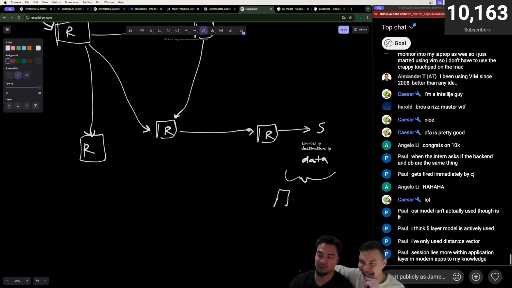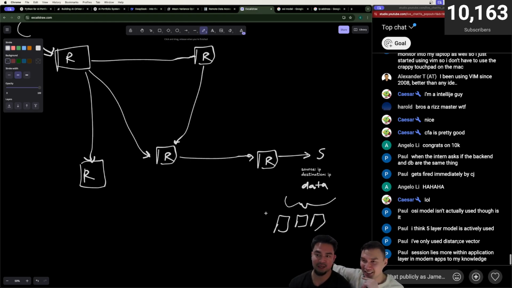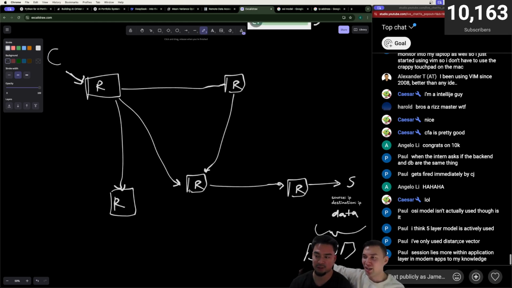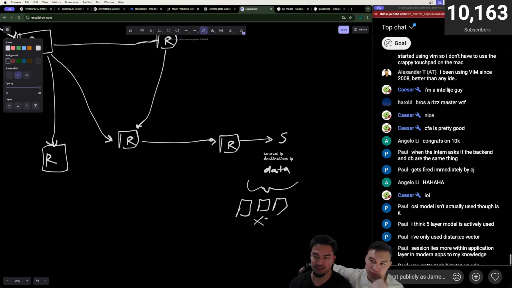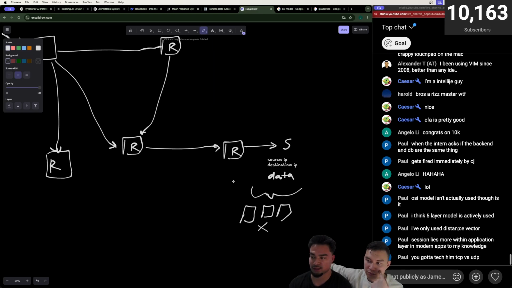At the destination we build up all the packets and rebuild it back to what it is. That allows us to reduce the bandwidth, because a wire's only so thick. And what if it fails too? What if you don't get this packet? Then I only need to resend that one packet.